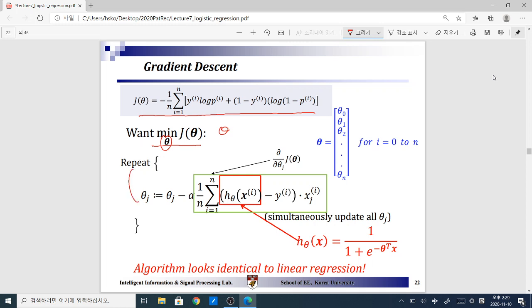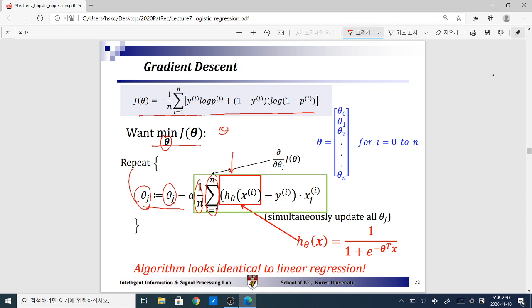And that iterative process is essentially done by this, where theta sub j, the current theta value, is equal to the previous value with this update term, where this update term is the negative of alpha times 1 over m